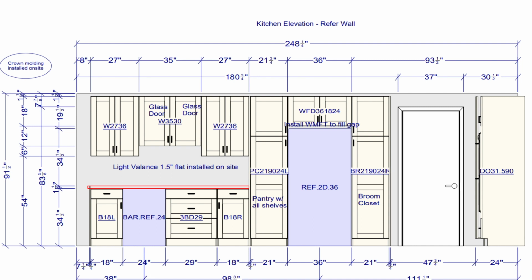And then moving to the left, we have a bar refrigerator. And one thing I'd like to call out, if you are designing maybe your own kitchens and you're working with semi-custom cabinet lines, I don't know who's all watching, but if you are adding a bar refrigerator, always make sure that the cabinets left and right have finished ends. When you're working with semi-custom cabinets, ends are never standard finished. That is usually something only entry-level builder grade cabinets do, kind of like the import cabinet lines. They're always finished on the ends. But semi-custom or full custom cabinets are never by standard finished on the ends. So make sure to always specify finished ends on any cabinet that is butting up to a